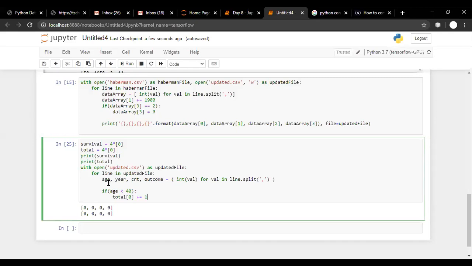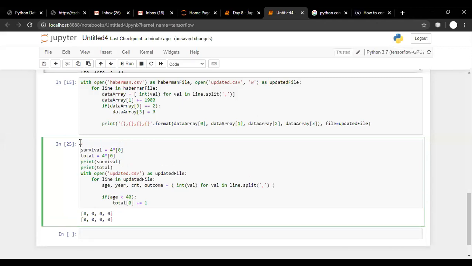We'll use the first location for patients above 40 but less than 50, the second location for patients above 50 but less than 60, and the third location for patients whose age is above 60.